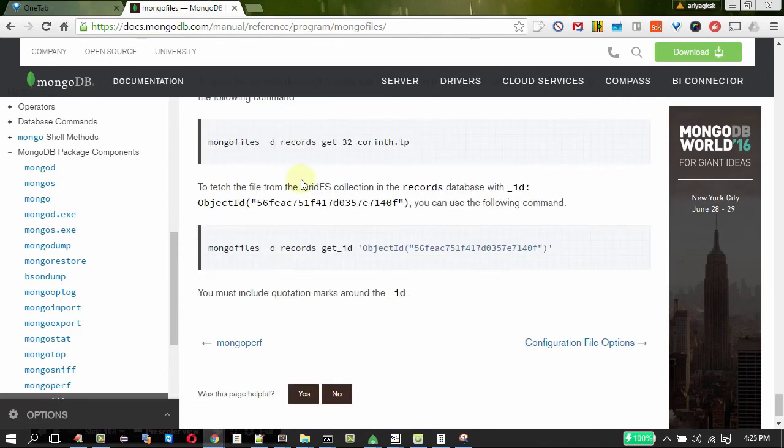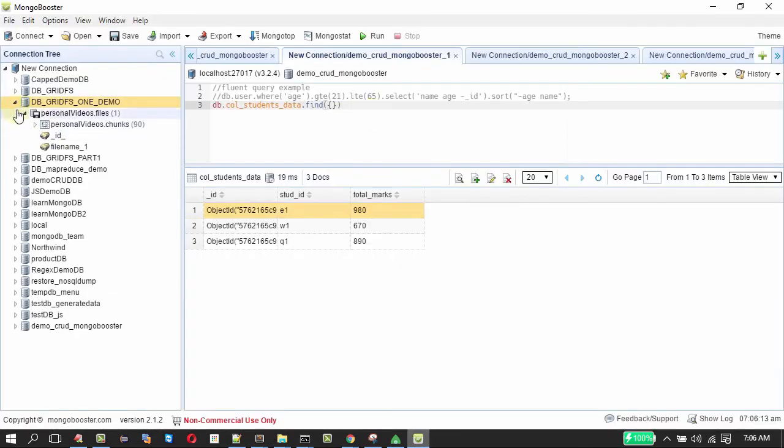Now let us work with the mongofiles command. mongofiles is the application name. Let me type that here, mongofiles. Then the option -d stands for database. Our database name is db_gridfs_1_demo.